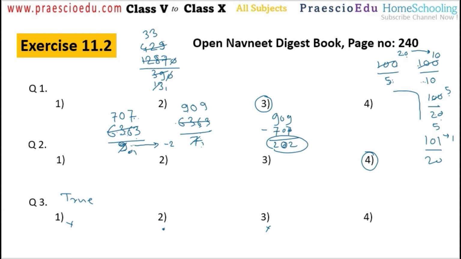The quotient is always greater than the remainder. Now, in this case, this is greater. But what about this one? Suppose 107 is divided by 20, that means the quotient is 5 and the balance is 7 here. Now the remainder is more than the quotient. So that's why we cannot fix this relation, or recognize any relation between these. So option number 4 is also incorrect, a false statement. So the true statement is option number 2.